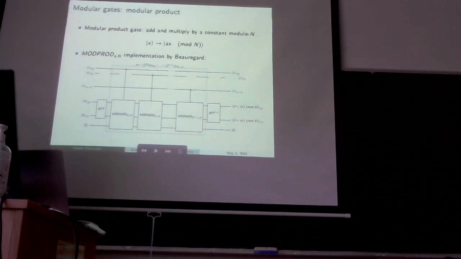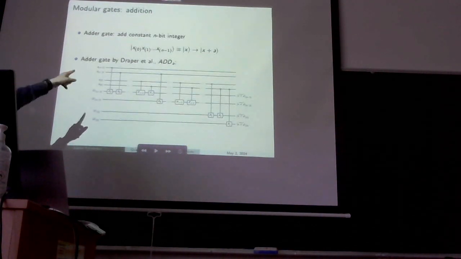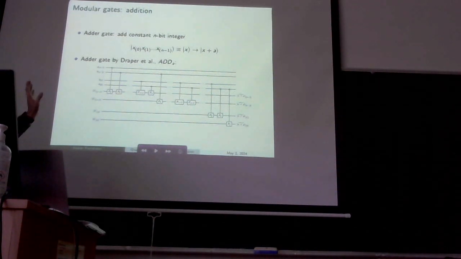Yes, sure. But is this modular addition in the Fourier space more efficient than the usual addition? I don't remember. There are other possible additions. I mentioned this particular one. There are others which might improve on qubits. Each one is different. Some are better in depth, some are better in the qubit count. There are some using exclusively Toffoli gates, mimicking classical addition. This is a particular one which just was on Fourier space, and I found it easy to implement and to understand. But again, there are several of them.